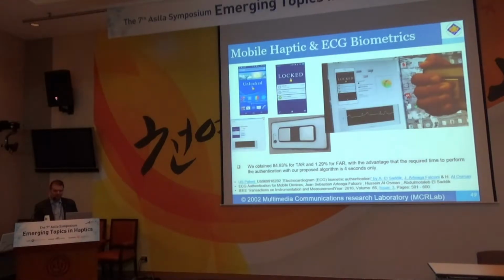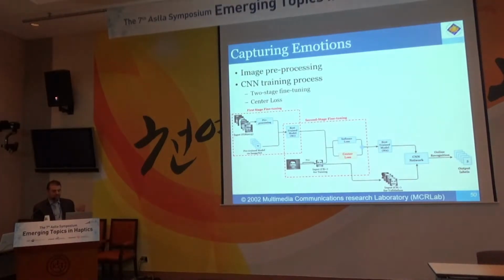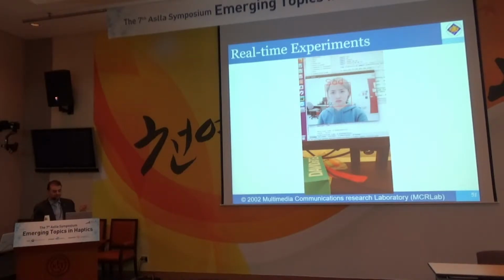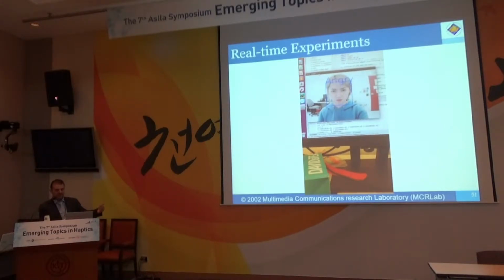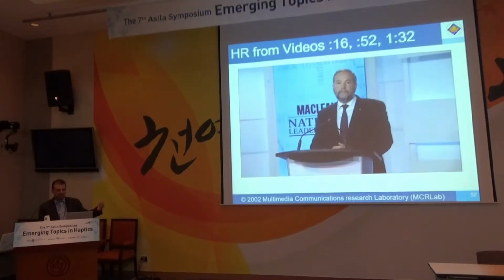So we are looking at combining haptic with ECG biometric on a mobile device, so that with the ECG and the haptics, the way we are touching this mobile device, we can capture both our ECG, our heart rate variability plus heart rate signals, and our haptic, as a force with which we grasp the phone, in order to authenticate users. We are trying to use what we call deep learning to calculate the emotion, so that the emotion can be provided to the avatars that we are building, and the avatar can be touched by someone else.